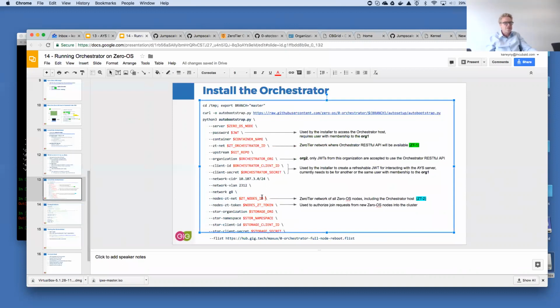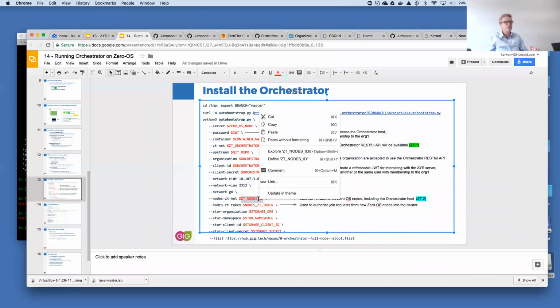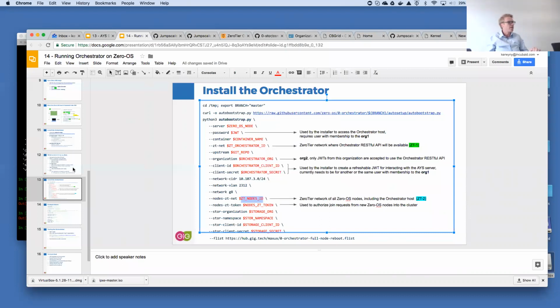The first one is ZeroTier network 2, so that the system knows to manage the other network. And that might be something that I did do wrong in my setup. That's something I need to test later. Well, no, it might be correct, but clearly this one should be the address of the other one. If not, it will not be able to authorize join requests, and that's where it needs this one, by the way.